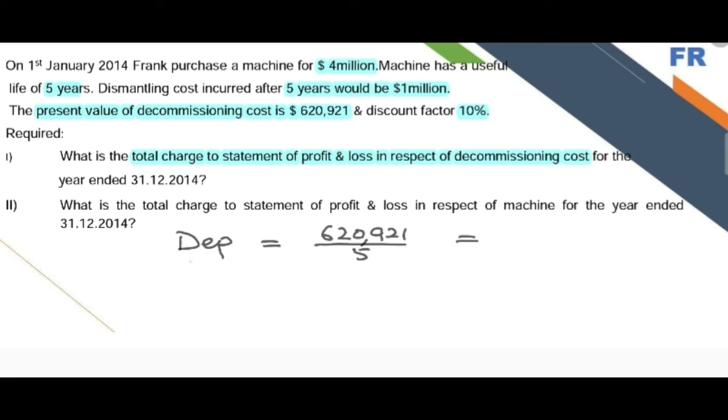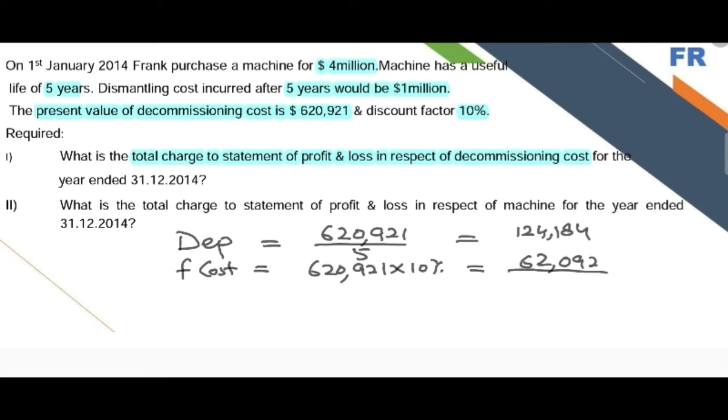And further, finance cost, that is 6,20,921 multiplied by 10%, and that will be 62,092. And the depreciation cost is 124,184. So the total cost that should be recorded in the statement of profit and loss in respect of decommissioning cost is